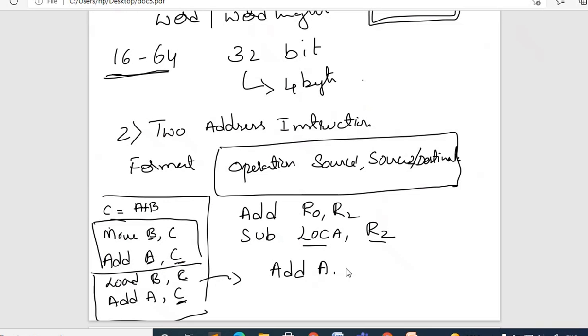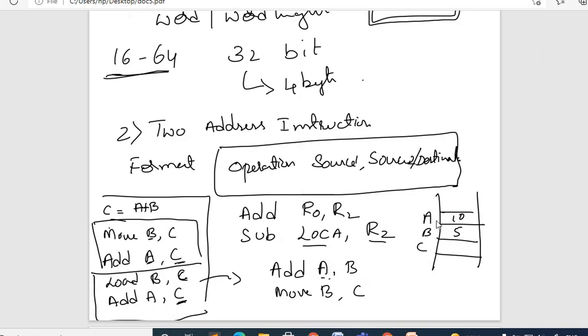So add A comma B. It is going to add the content that is present in the memory locations. Always when I say memory, you just imagine a memory location assigned with the name A, and this is B, and this is C. If you take this example, add A comma B, then the final result I need to store into C, so you can just write move B comma C. So consider 10 and 5 as the values.